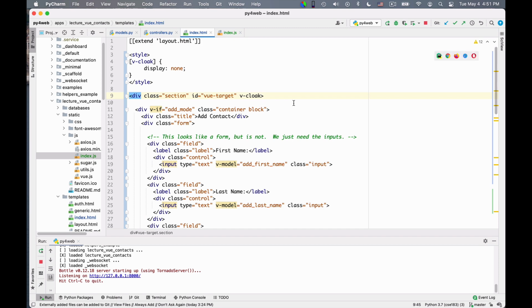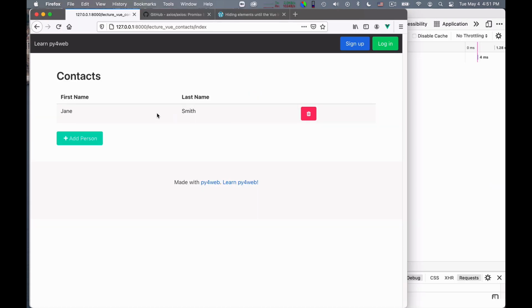Okay, so if I do this, notice how the loading changes. No more flashing. There is, yes, a bit of delay in loading the content, but there is no spurious information.